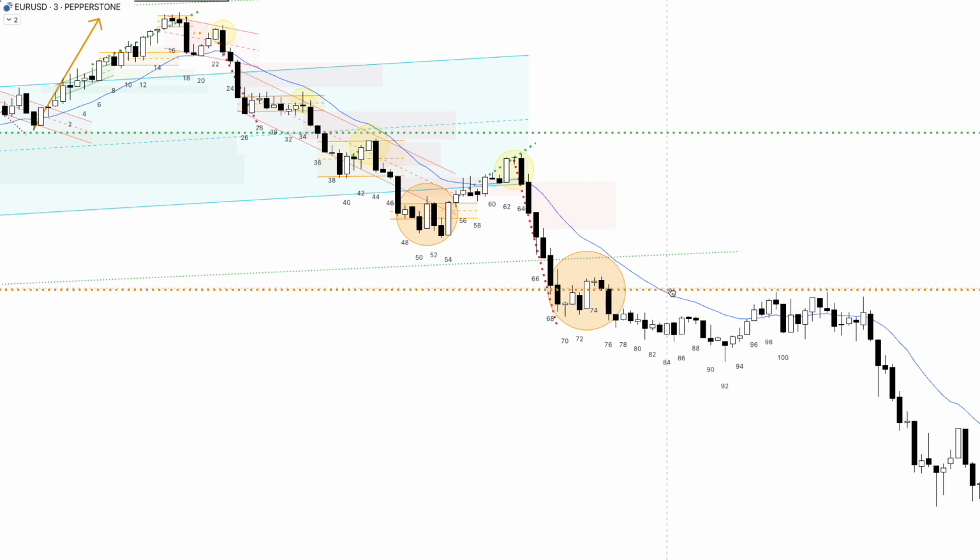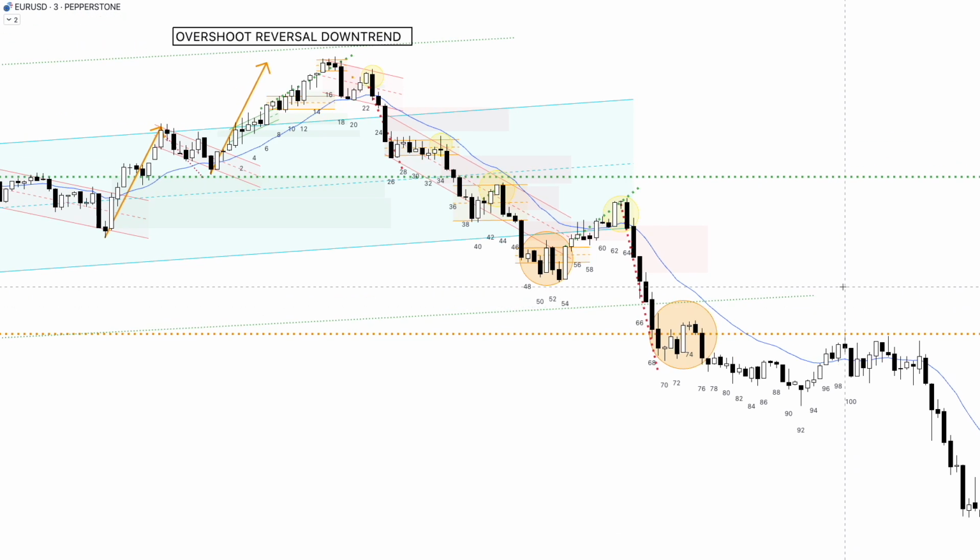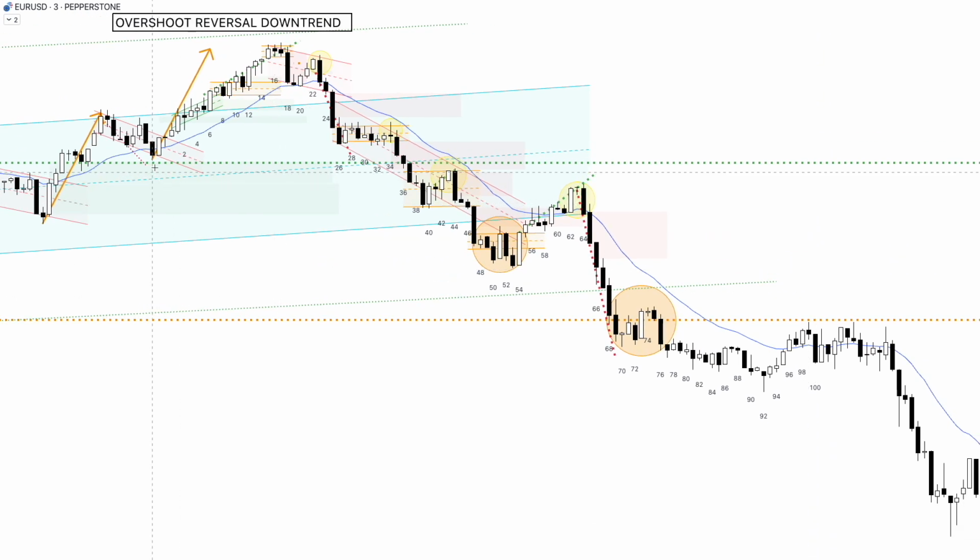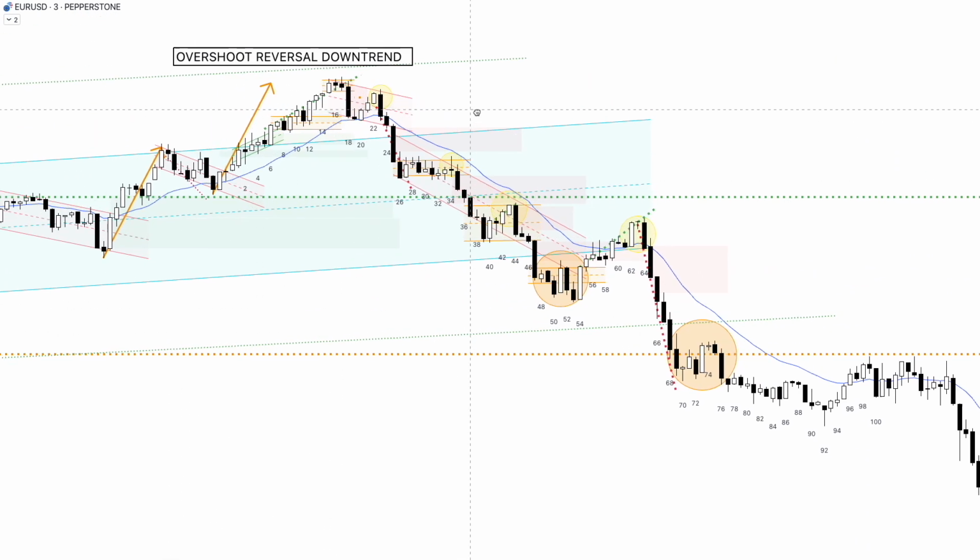But you may want to exit here. This is the open of the day if you start to see the rejection. But this moves so strong that the first attempt up fails, second attempt up fails. So going short there, you're expecting this to continue. And that's basically it. It was a pretty easy night had you waited the first hour before you traded.